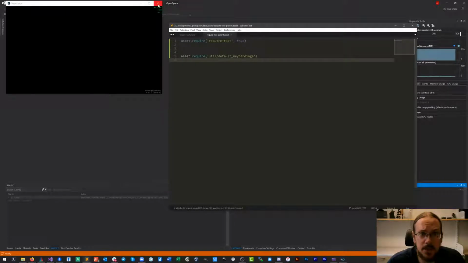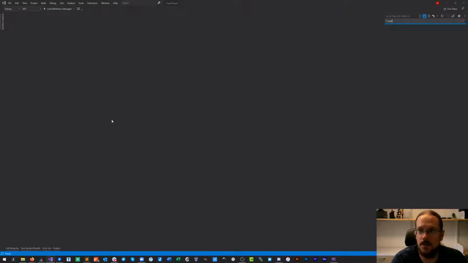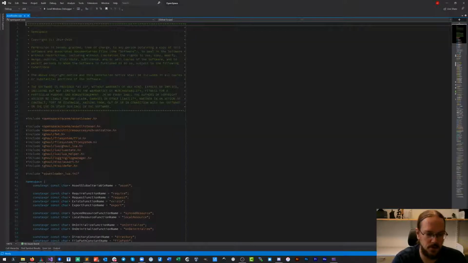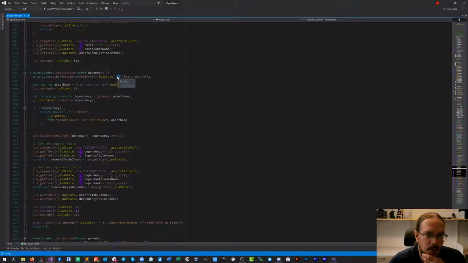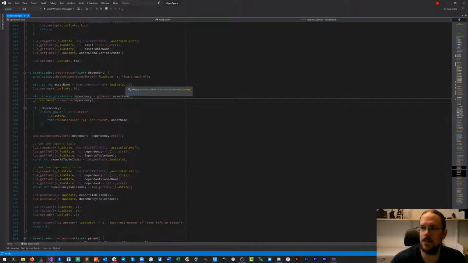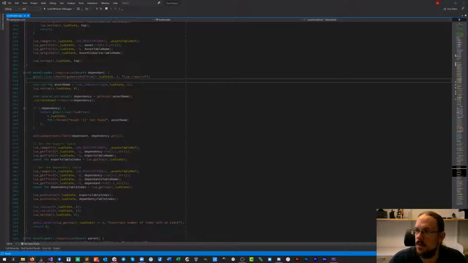So the asset require, that method is defined in our asset loader. We have a require Lua function. So we're checking how many parameters we passed into this function, which is exactly the error message that we just got. We extract the asset that we want to include, reset the whole Lua state, create an asset, require an asset, and then we go from there. So what we can start doing is that we now have either 1 or 2 parameters. And let's just return the number of parameters back.